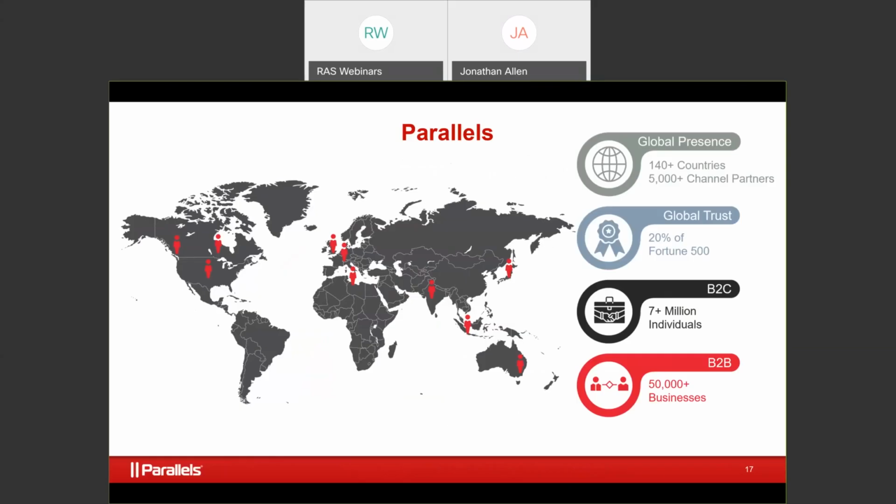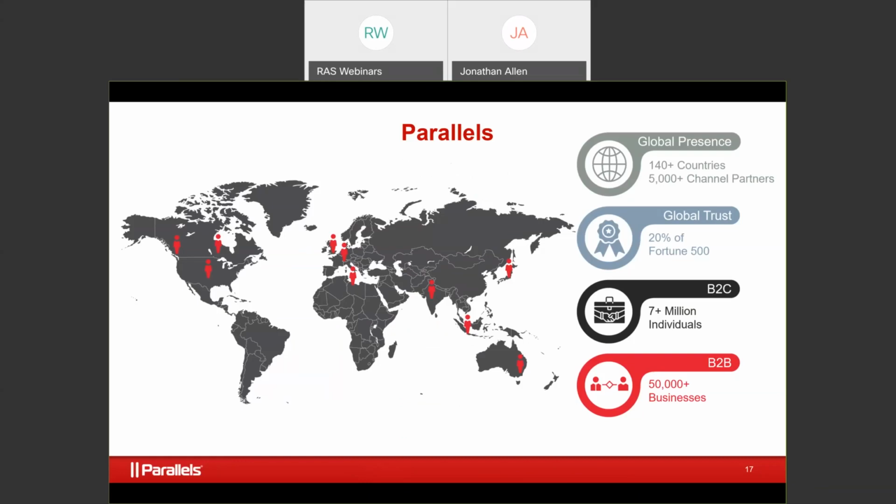Now, where does Parallels fit in all this? Well, Parallels has been around for a couple of years. We're the first ones that came out with a really solid solution on running Windows on your Mac. That was our first virtualization product. So much so that up to present day, about 7 million people a day open up their Mac and they run Windows on it utilizing Parallels Desktop, either Parallels Desktop or Parallels Desktop for Business.